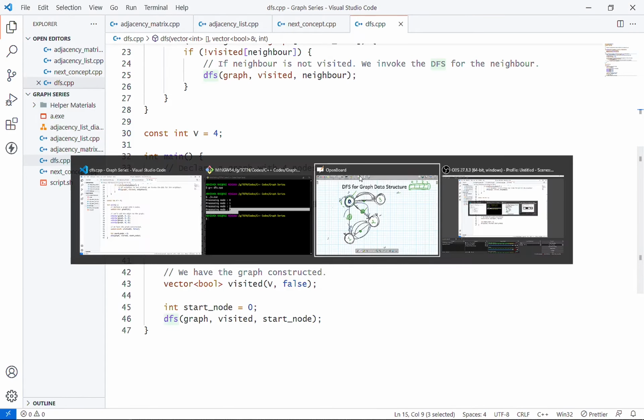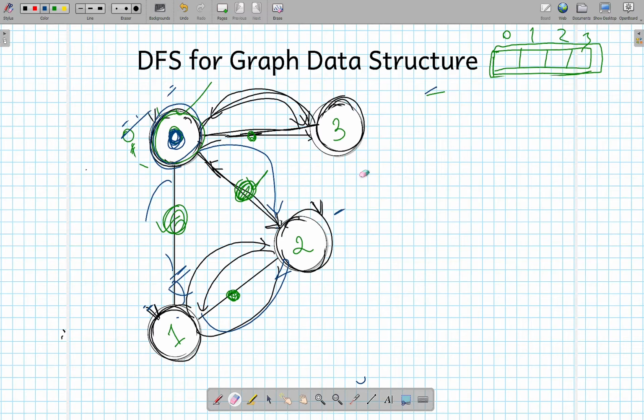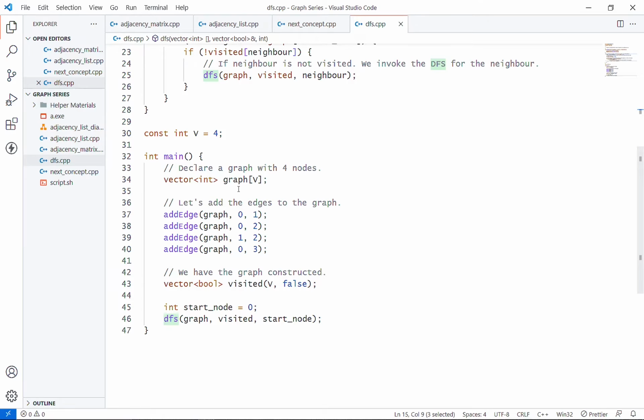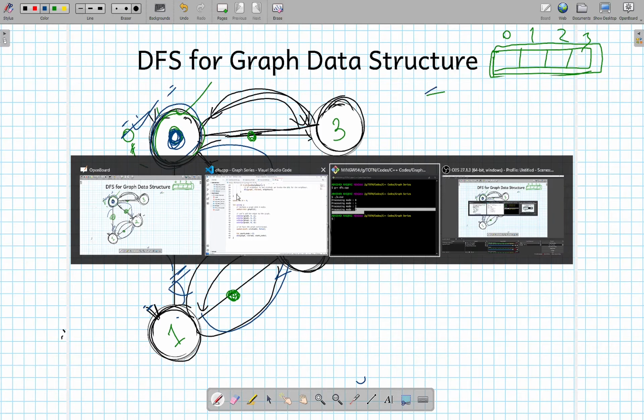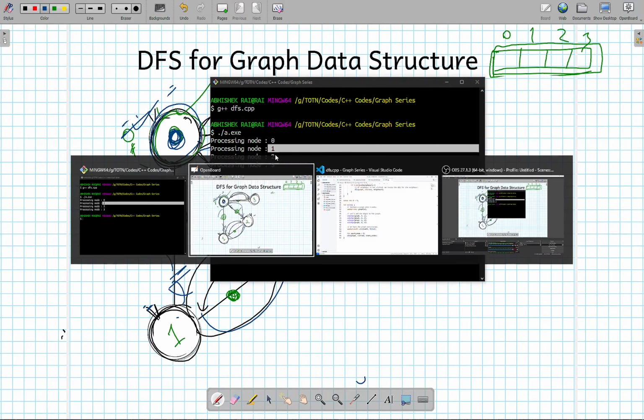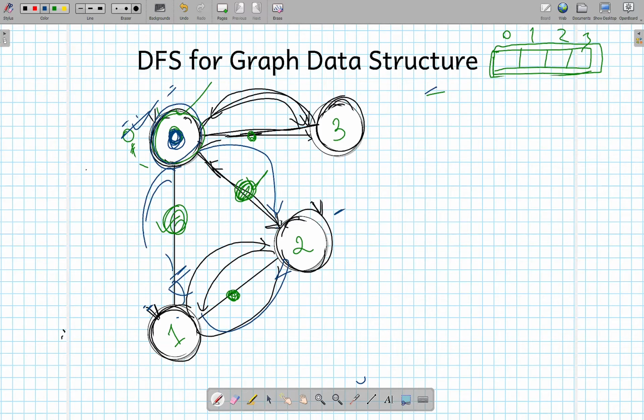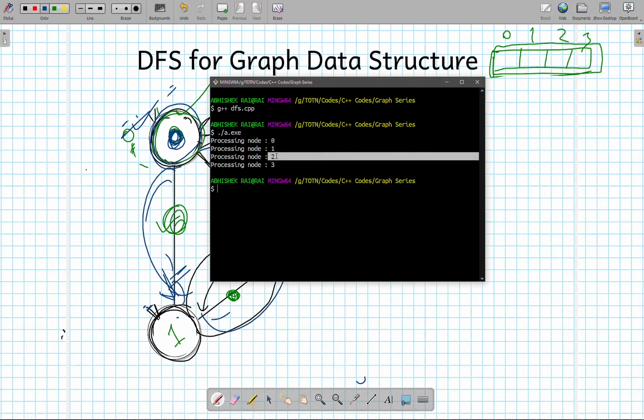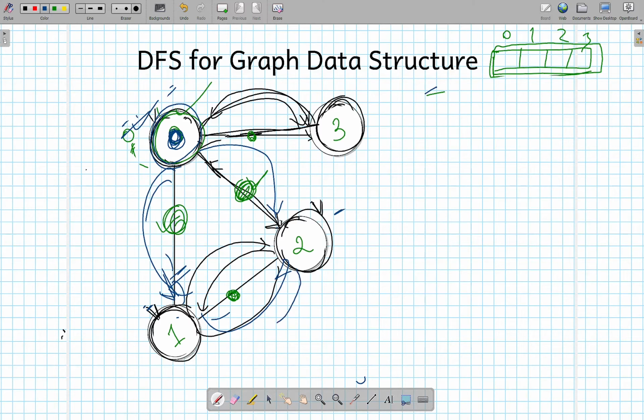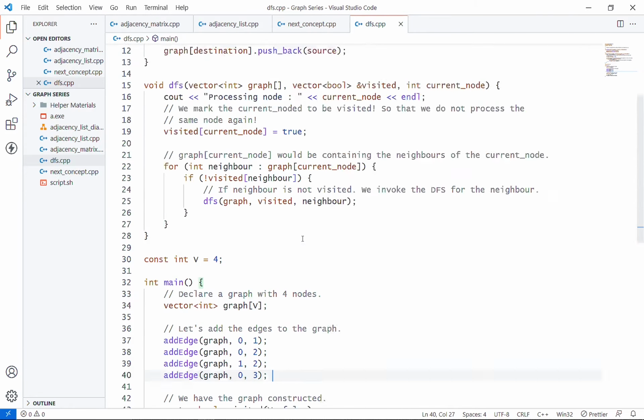Okay, let's track it down. So here it is processing node 0 first. Okay, so now it sees that after 0, where is it going? So after 0 it is going to 1. Okay, after 1 it needs to go to 2. After 1 it is going to 2, and then it is coming back to 1, coming back to 0, and then it needs to visit 3. Okay, if you want to track the coming back also, what we do is we'll simply say that,